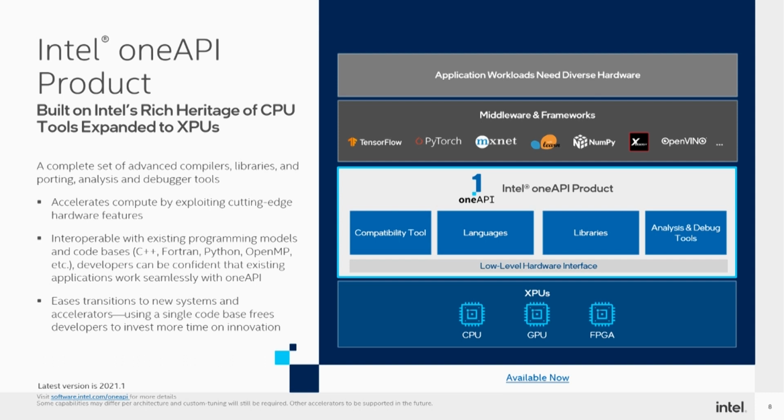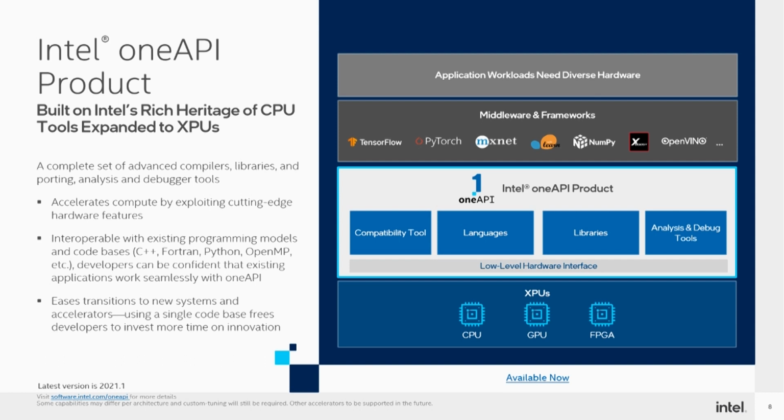Okay, I'll talk a little bit about the Intel product. It is composed of several pieces. The first one is the language, which is SYCL. We also have all of Intel's compilers, C++ and Fortran. I think Intel has one of the best Fortran compilers out there. We now have two versions of our compilers. One of them we call the classic version, which is the version that's been in Parallel Studio for a long time. The other version